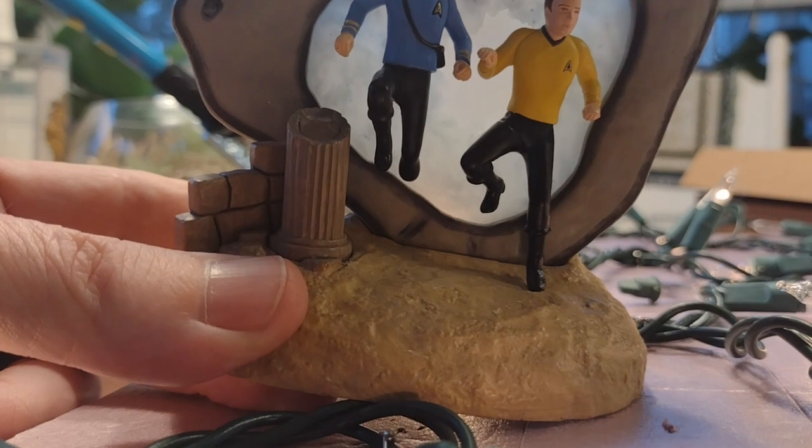Time portal, Captain. A gateway to other times and dimensions, if I'm correct. Behold, a gateway to your...